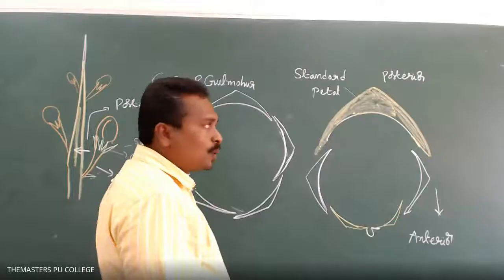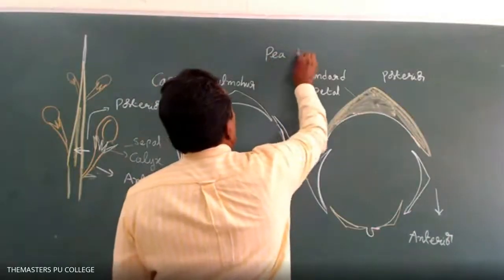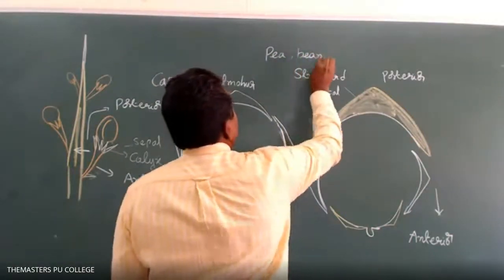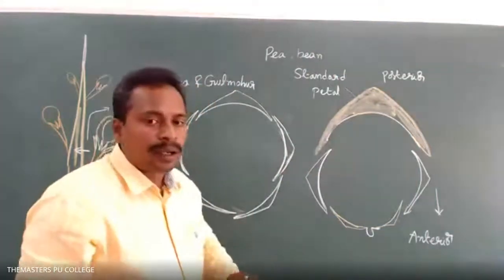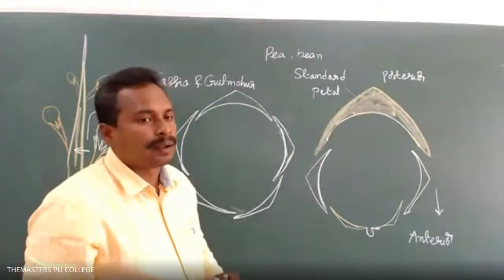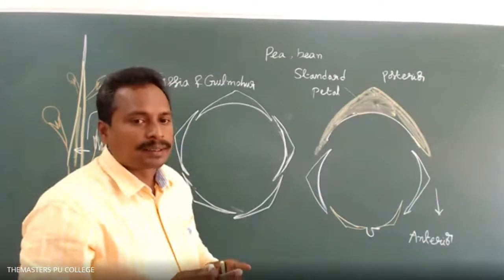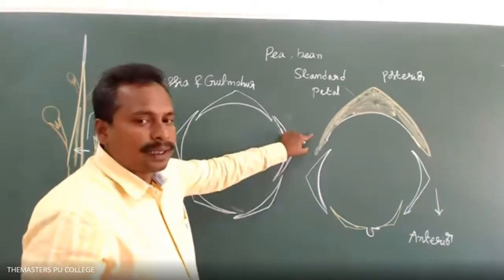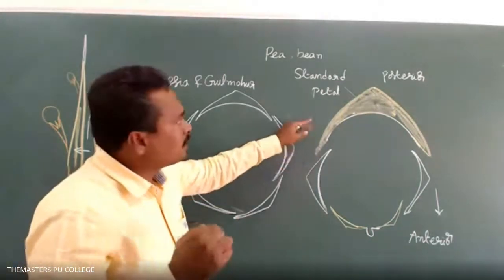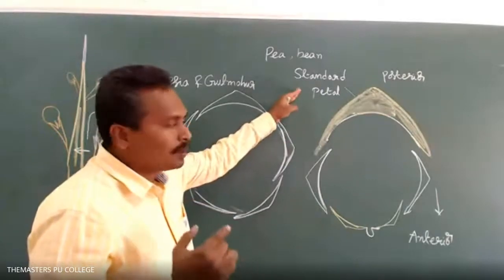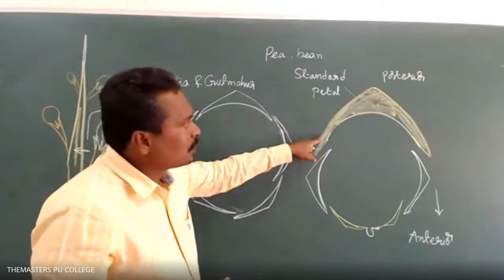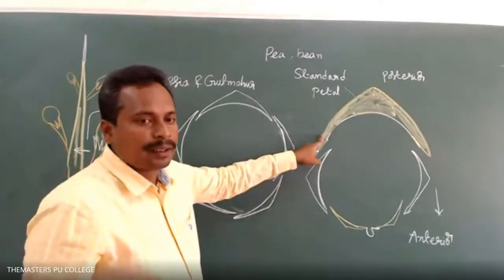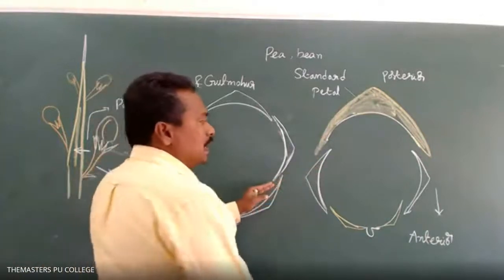Posterior side. In pea plants and bean plants, flowers have a corolla with 5 petals. Among those 5 petals, one petal is large in size. The large petal is called the standard petal. The standard petal is located towards the posterior side, whereas the two lateral petals